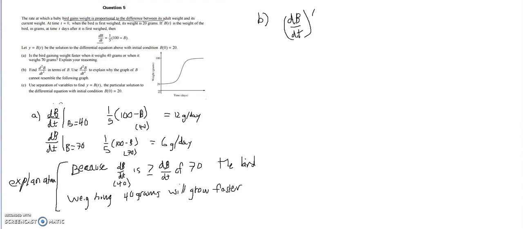So the derivative of dB dt, which is 1/5 times (100 minus B), if you distribute these numbers, would be 20 minus 1/5 B, and